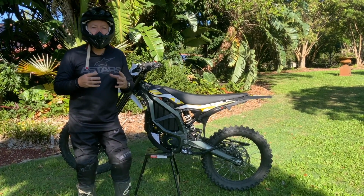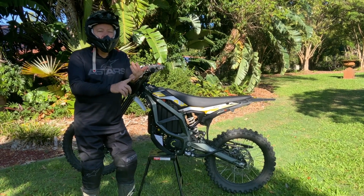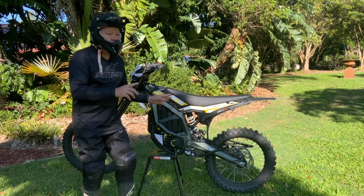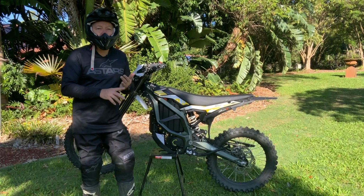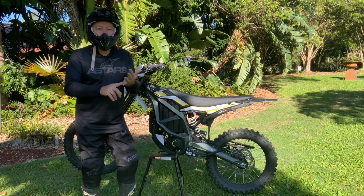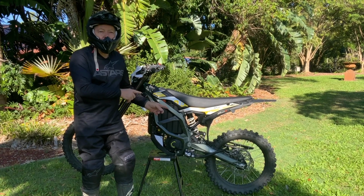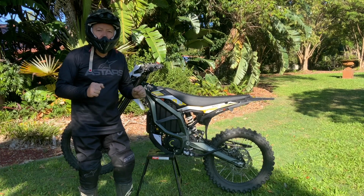Firstly, let's talk price. So Stark Varg, 13 to 14,000 US dollars. This one, six and a half. I'm not exactly sure on your US dollar amount, so I know in Australia this is going to be 10,000. Let's talk weight. Stark Varg, 110 kilo. Ultra B, 85. So that's 25 extra kilos with a Stark Varg that you have to manhandle in the single